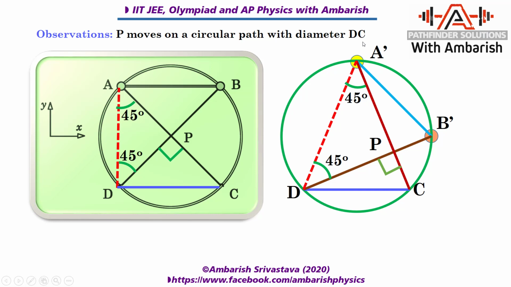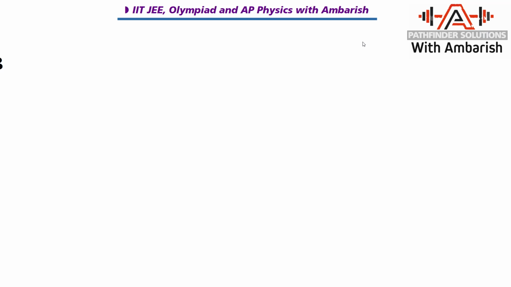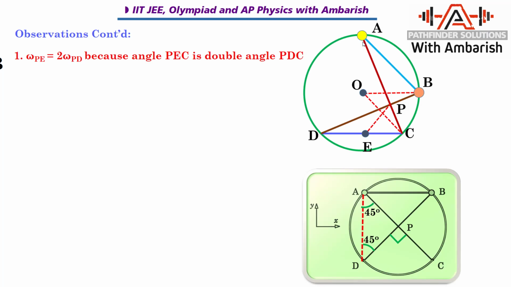All right. Now we need to do some more observation regarding kinematics of the problem. So again, pay very careful attention. We are going to make some observations about the kinematics. Okay, so let's see what the observations are. In the previous slide we showed that P is going to move on a circular arc with DC as the diameter, and obviously if DC is the diameter, then the midpoint is the center of the circle on which P is going to move. Okay, so just imagine a semicircle passing through D, P and C, for your visualization purposes.